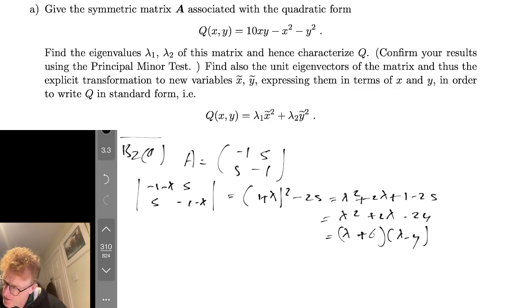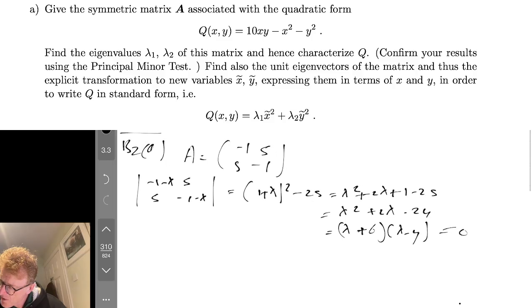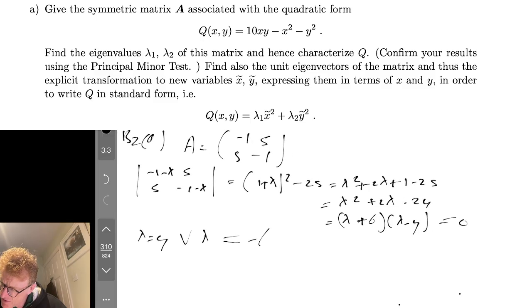Lambda is 4 is 0. So lambda is 4 and lambda is minus 6. And do lambda is 4. Minus 1 minus 4, so it's minus 5, 5, 5 minus 1 times